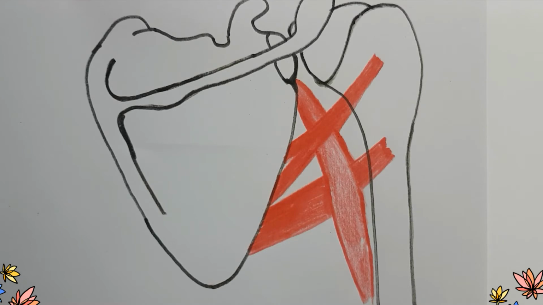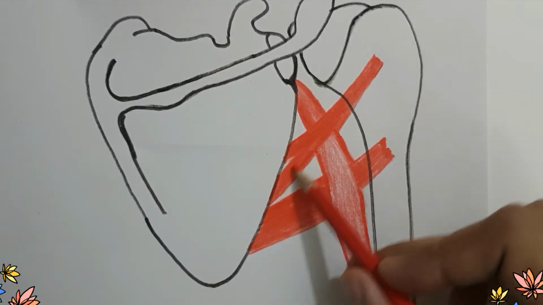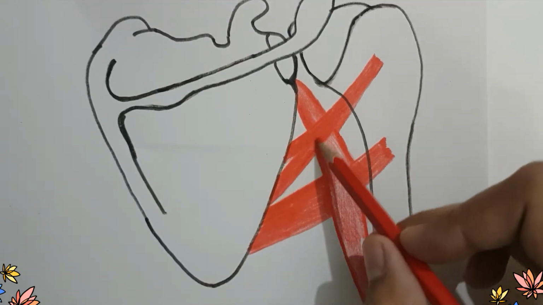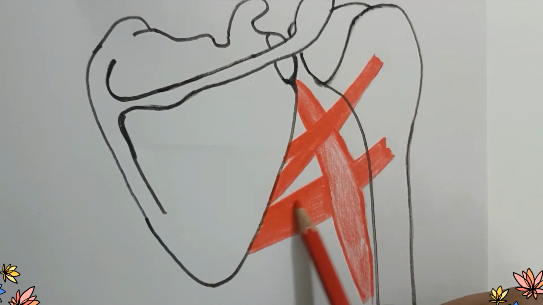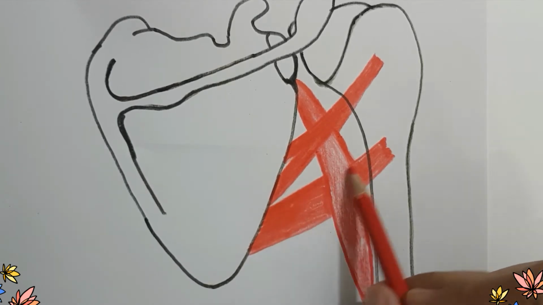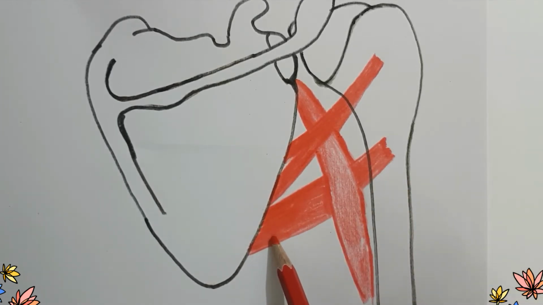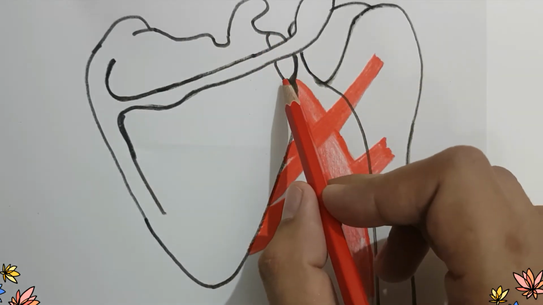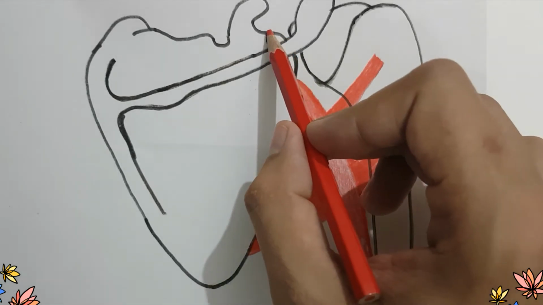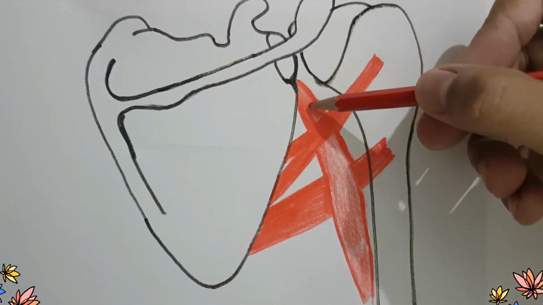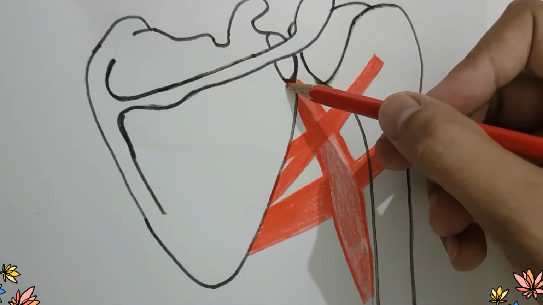That is the first muscle, which occurs in two slips from the lateral border of the posterior aspect of the scapula, that is the teres minor muscle. This right here also originates from the lateral border of the posterior aspect of the scapula. This one is known as the teres major muscle. Now talking about this cavity, as we have already discussed, this is the glenoid cavity having the supraglenoid tubercle and infraglenoid tubercle. There is an origin of the long head of the triceps brachii from the infraglenoid tubercle.